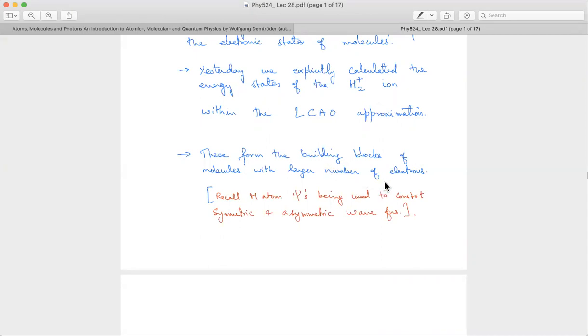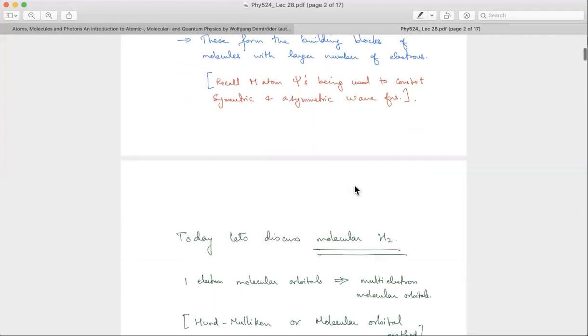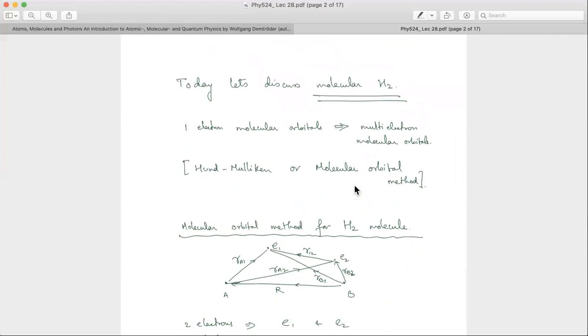Okay, and this is very similar to the hydrogen atom problem. The hydrogen atom, single electron atom wave functions are used as building blocks for two or more electron atoms, basically, right? So likewise, we will see that this can be used as building blocks for other molecules. So today let's start with molecular hydrogen, which will already give us a lot of ideas, and we will then generalize it to study in general the low lying molecular states. By low lying, I mean smaller Z, etc. Okay, so let's proceed with that.